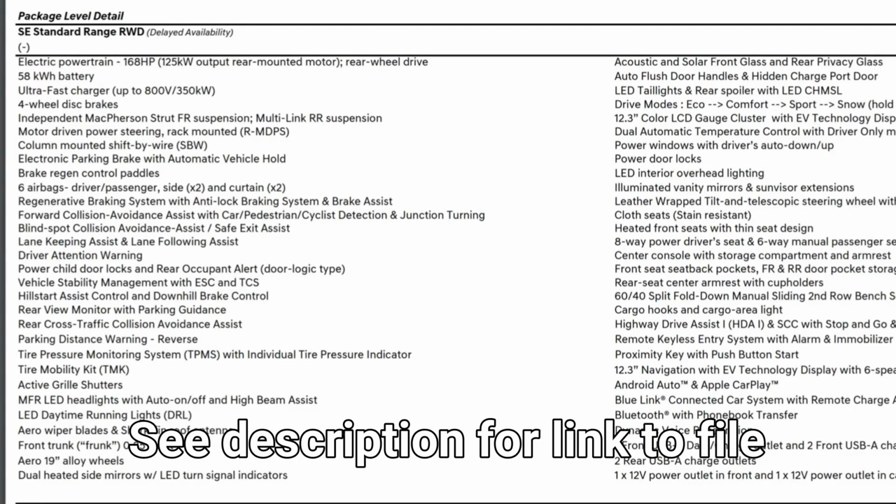Of course, it has the 800 volt architecture, so it has the fast charge, 350 kilowatts of charging up to. Now, if you get that in the real world, that's to be seen. It also comes with the dual 12.3 inch interior screens, one for the gauge cluster, one for the navigation, which is standard. Dual zone automatic temperature control, LED interior lighting, leather wrapped steering wheel, all the Hyundai safety sense stuff